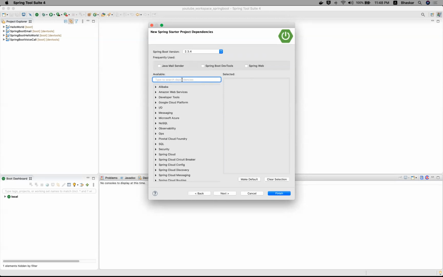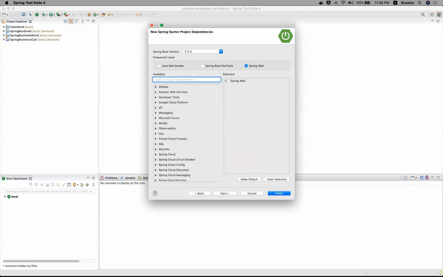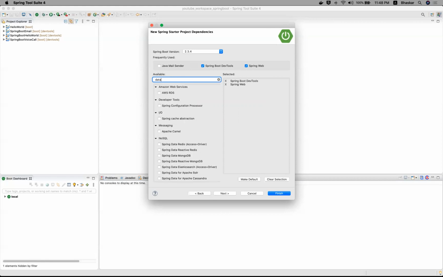Now, if you want to develop CRUD operations, you need some mandatory dependencies. First is Spring Web. And if you change something, every time you need to restart yourself. Instead of doing that, you can use Spring Boot DevTools. These two, and one more. If you want to connect your database, you need to enable Spring Data JPA.